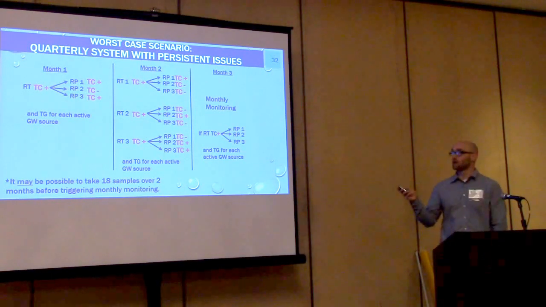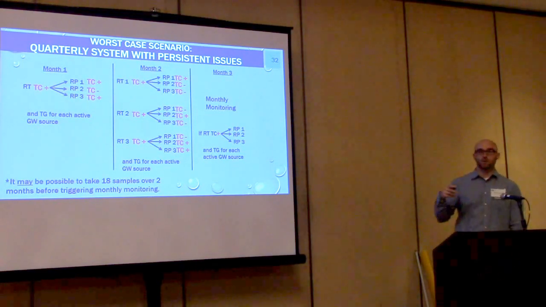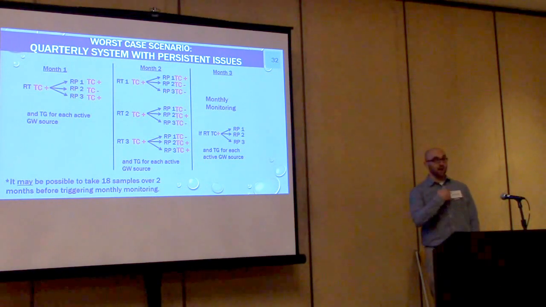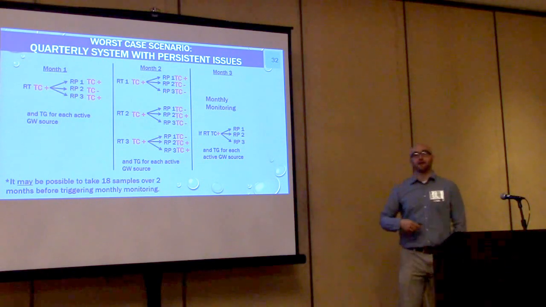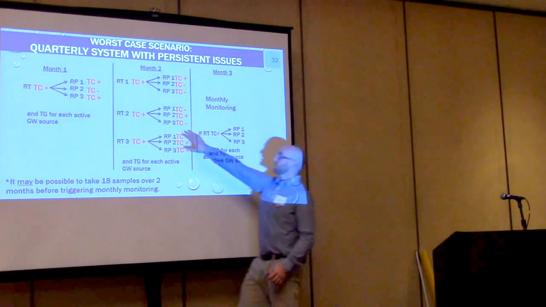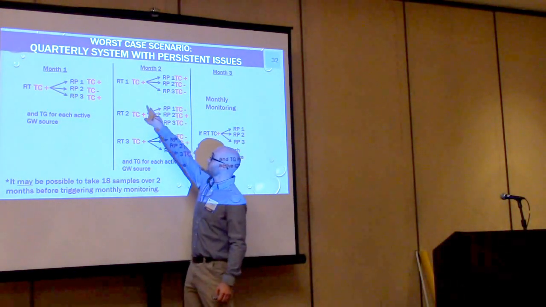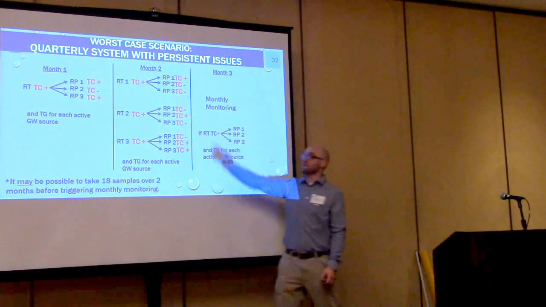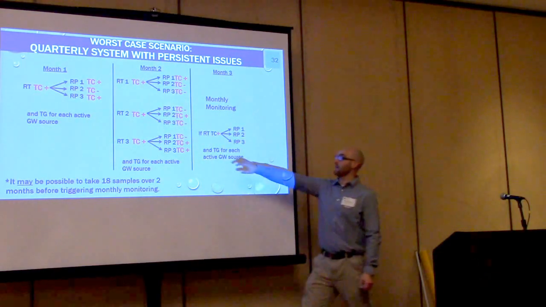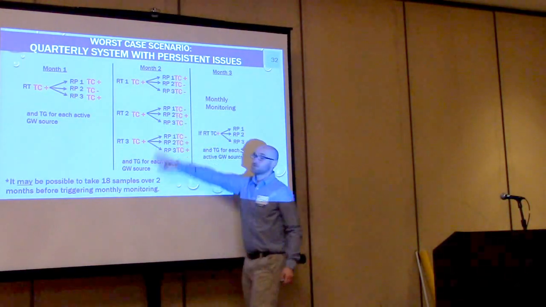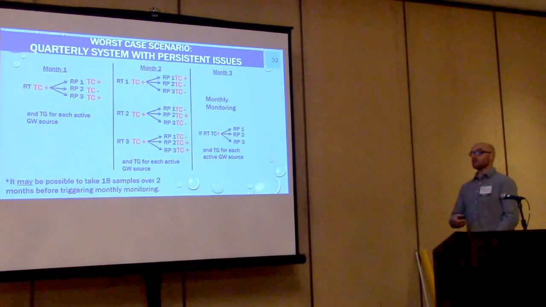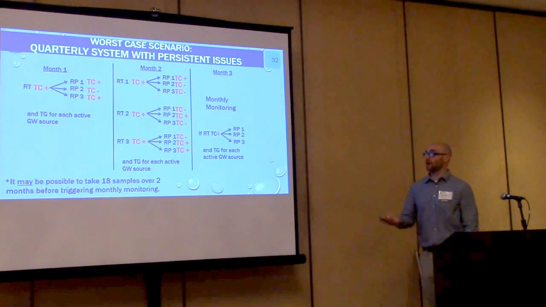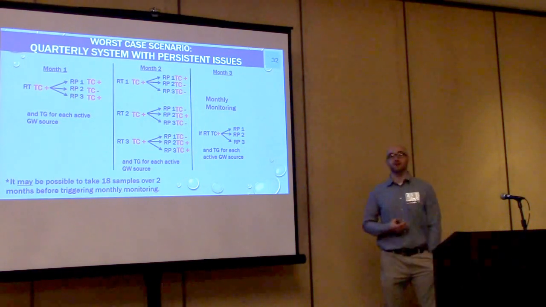It is possible. So because of this, we are allowing systems that are eligible for quarterly monitoring to sample on a monthly basis. And in doing that, you would eliminate the need to do these 3 additional routines. All you'd have to do is take your set routine sample every month. So it would eliminate these 8 samples if there's prolonged issues and repeated issues. If you're a system that you think may be interested in this, so you don't have to take 18 samples in 2 months, let us know.